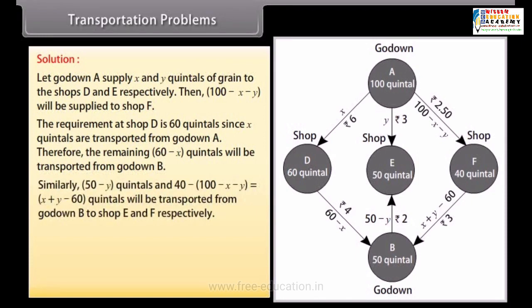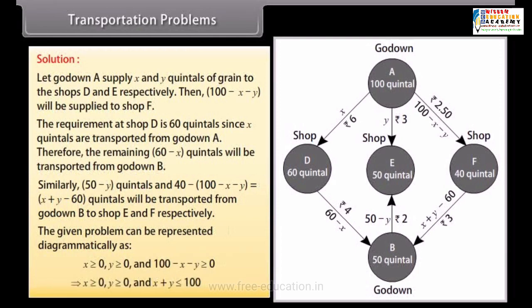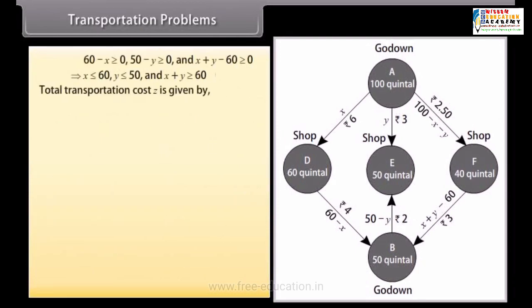Similarly, 50 minus y quintals and 40 minus (100 minus x minus y), which equals x plus y minus 60 quintals, will be transported from godown B to shops E and F respectively. The given problem can be represented diagrammatically. Total transportation cost Z is given by